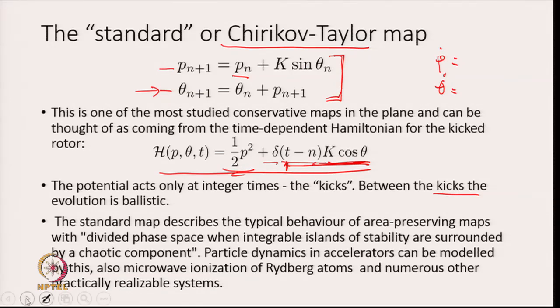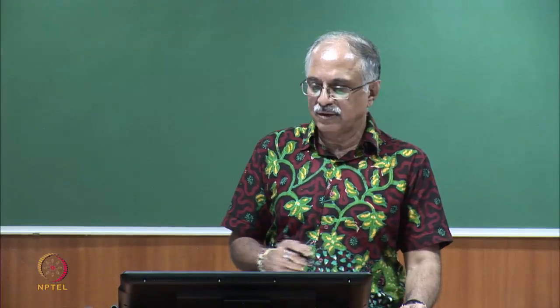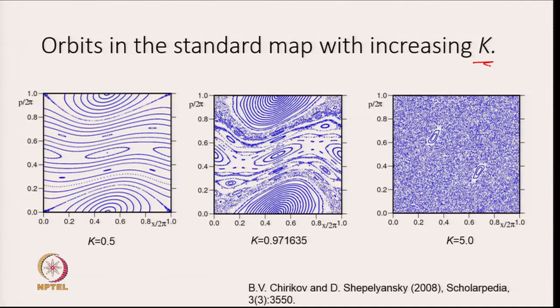You start with a whole set of different initial conditions and you just evolve them under this map. And what you see is that, as a function of k, the image of the dynamics is very different. This map is defined modulo 2 pi, so all the variables are just divided by 2 pi in this diagram. So everything, this is theta going from 0 to 1, and the images themselves are taken from Chirikov's paper.